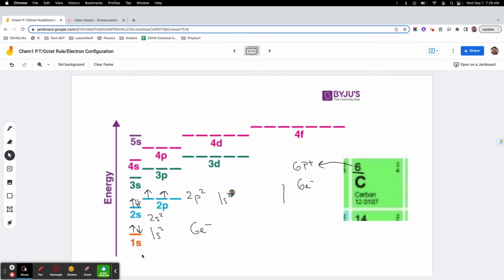1s2, 2s2, 2p2. This is my electron notation for this. It tells me exactly what the electron clouds are going to look like. I'll explain that in a second. But let me show you where the valence electrons are, because that's where